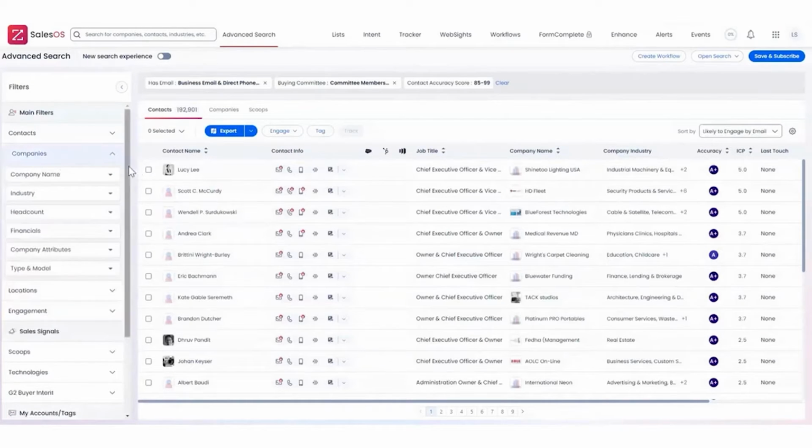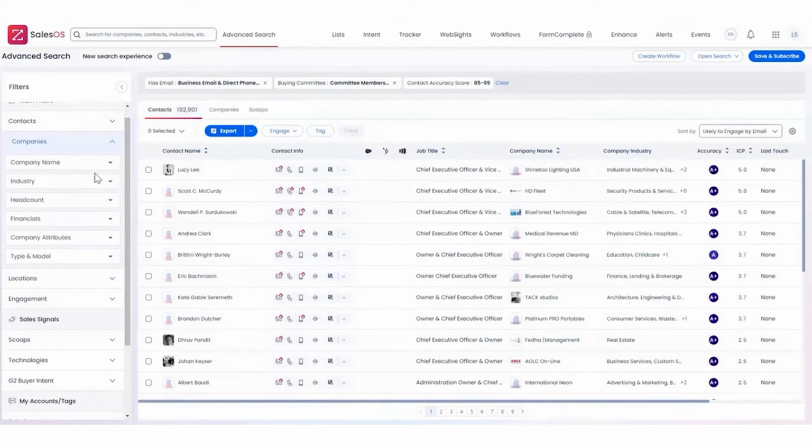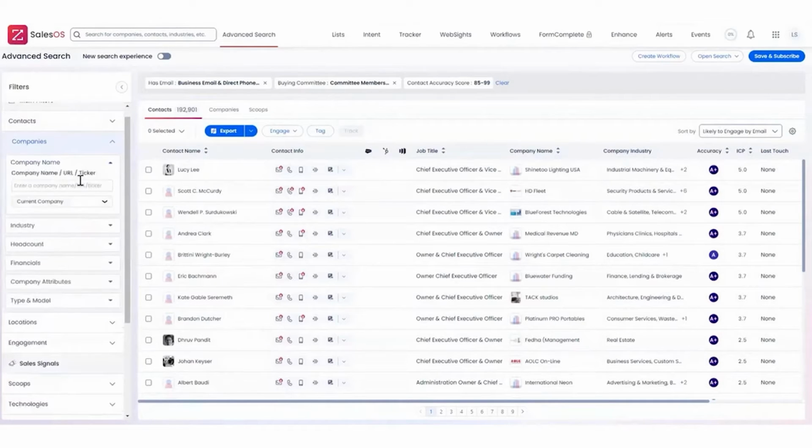Now I will go into companies. So companies, I like to talk about here, company name, very quick. If you guys are targeting a specific company in the platform, whether it is a current customer or a customer you're trying to break into, use their URL in this filter and it will pull up only that company's data. If you type in a company name such as Apple, I could get over 200,000 results with Apple in the company name. But if I'm doing